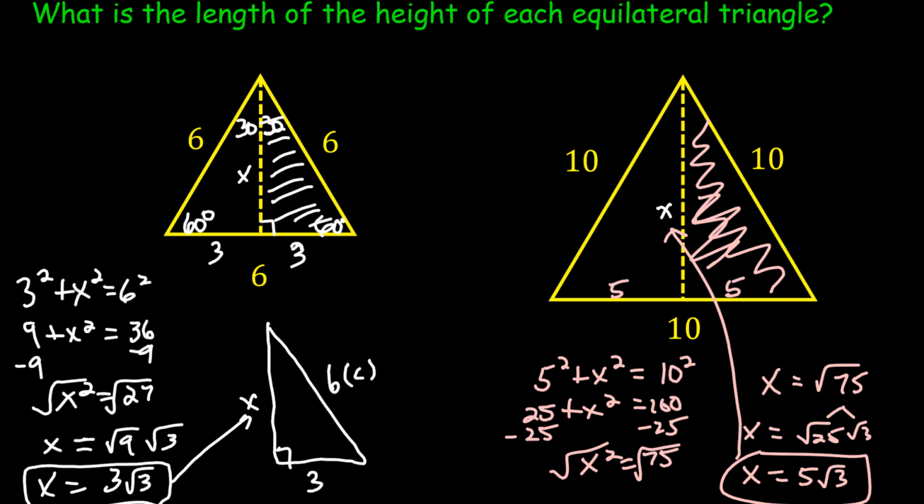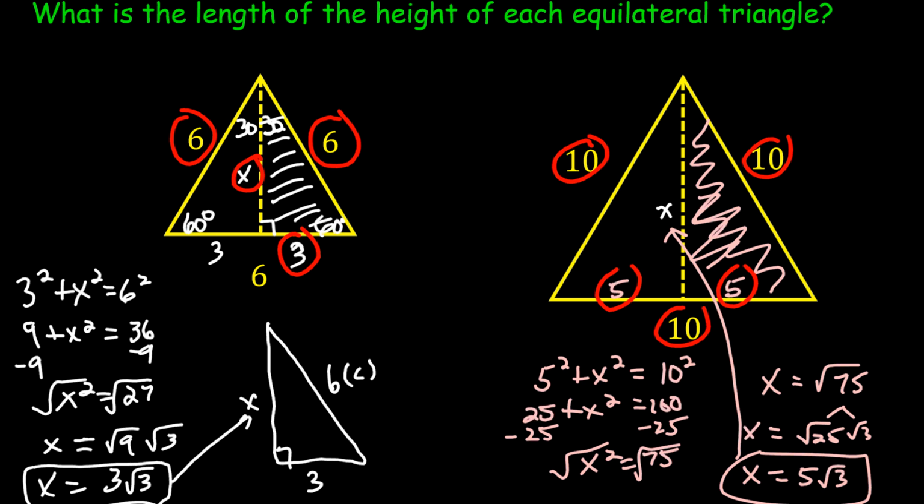Well, on the first triangle, we had side lengths of 6, and then we ended up with a little side length of 3, and the height was 3 root 3. Here we had side lengths of 10 on that equilateral triangle. And when we cut it in half, we got 5 and 5, and the height was 5 square root 3. So in general,